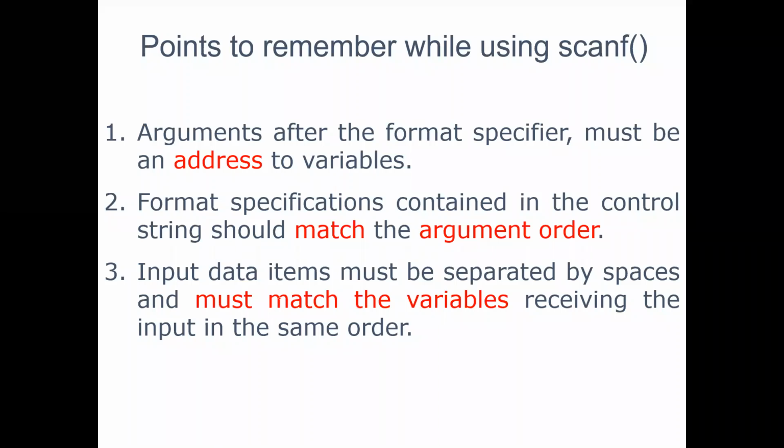So the points to remember using scanf. The arguments after the format specifier must be an address. The format specifier is the first argument and the rest follow, though they still name this as the conversion symbol or format specifier. But whenever we give arguments for accepting a variable value, you have to mention the address. How will you indicate the address? Using the ampersand symbol. Format specifications contained in the control string should match the argument order. Got it? So here, as I told, suppose I am giving in scanf,